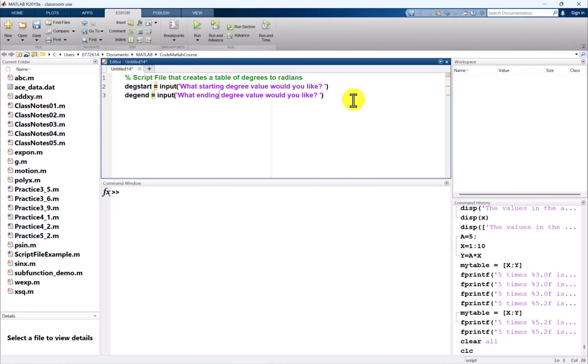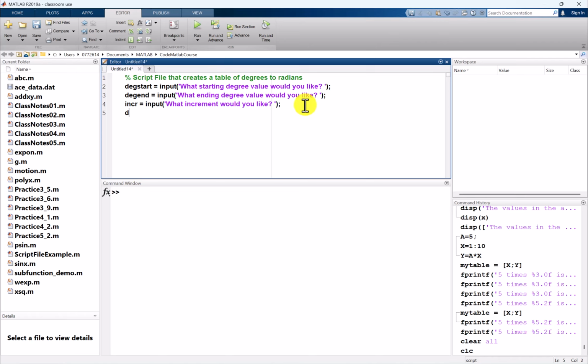Okay, and then I'm going to define increment, and then we're going to ask the user what increment they would like. What increment would you like? Okay, so all these are prompting the user, so user controlled input, and then based on what the user inputs, I'm going to put a semicolon here for all of these, and based on what the user inputs, we're going